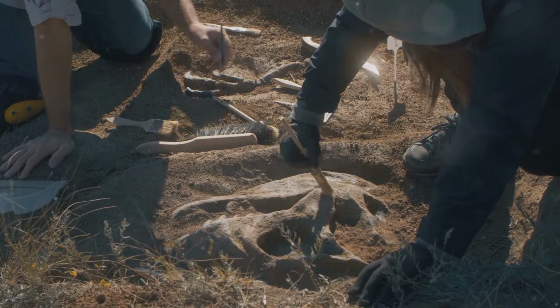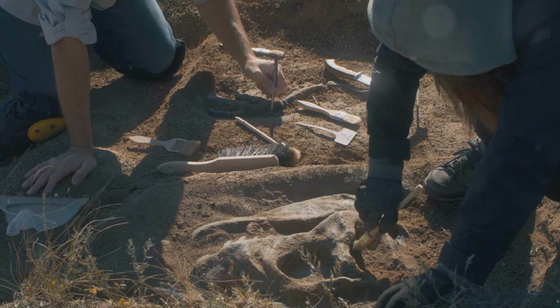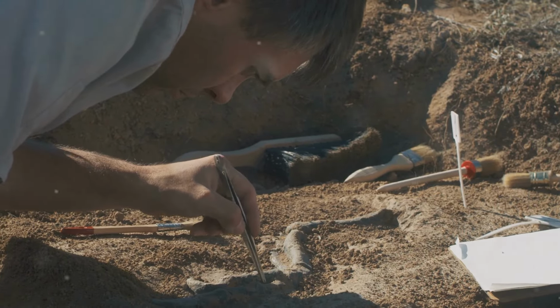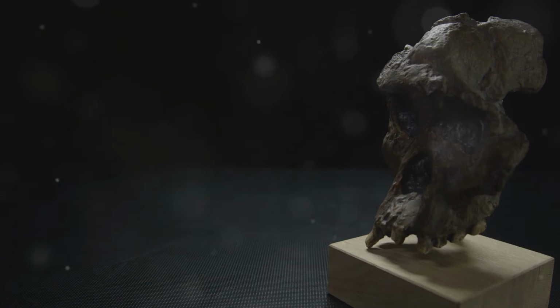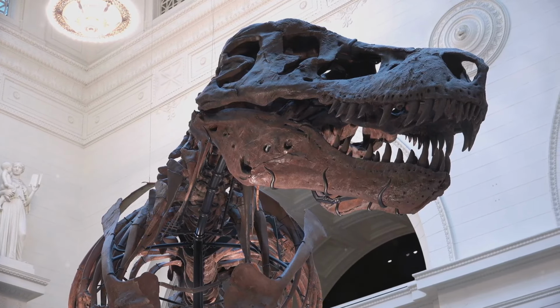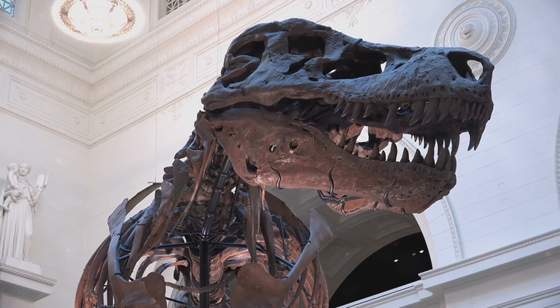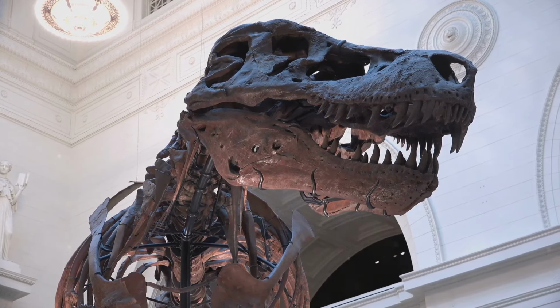Early dinosaur reconstructions were often based on educated guesses, depicting these creatures with scales like those of modern reptiles. However, the world of paleontology is full of surprises. As we unearthed more fossils and developed new technologies to study them, our understanding of dinosaurs began to change. The discovery of feathered dinosaurs was a turning point in our understanding of these ancient animals. This evolution from scales to feathers is a testament to the power of natural selection and the incredible diversity of